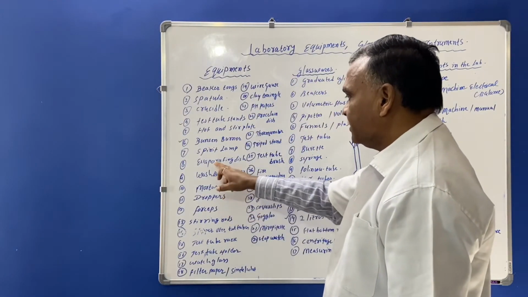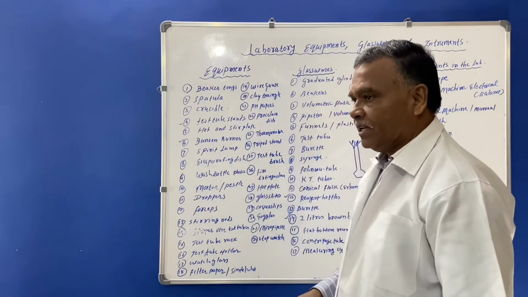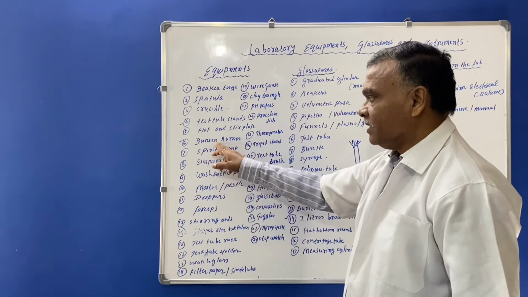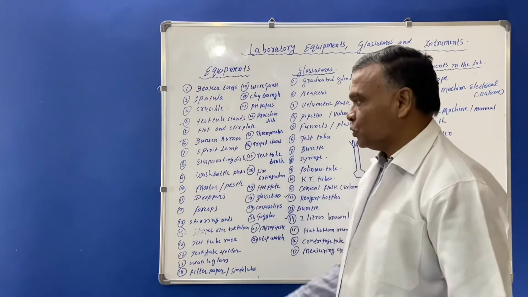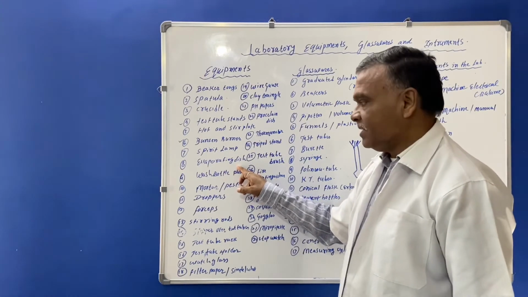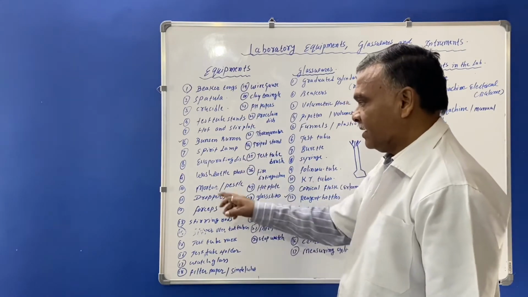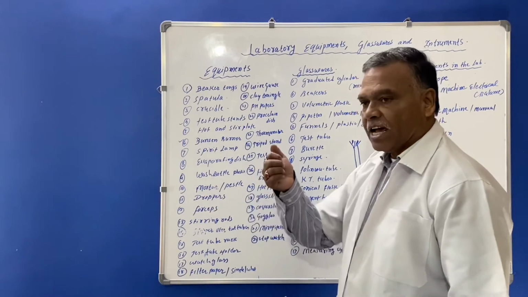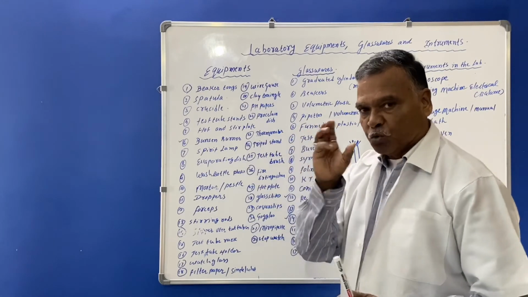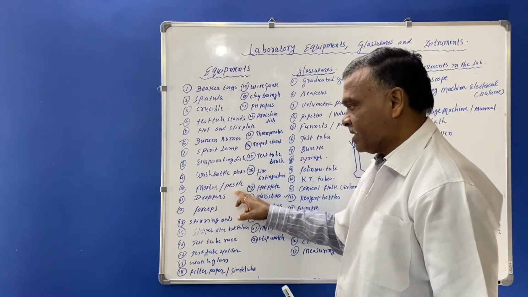Then if the Bunsen burner is not available in an emergency, if the gas is finished, then what will happen? Spirit lamps are used in the laboratory. Then the evaporating dish, known as the porcelain dish, is used here. Plastic wash bottles are used to wash the test tube. Then mortar and pestles are used to grind salt which becomes stony in nature.